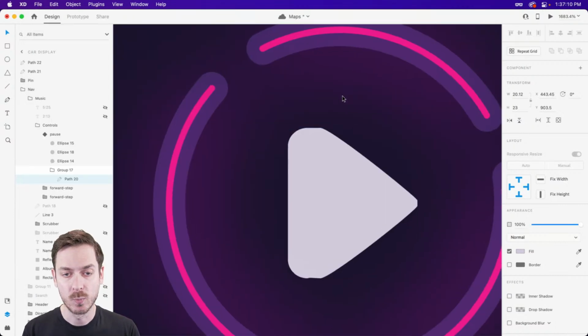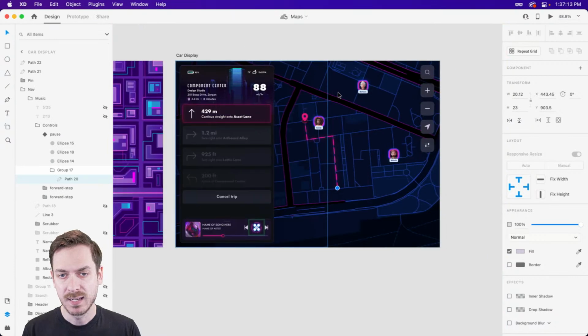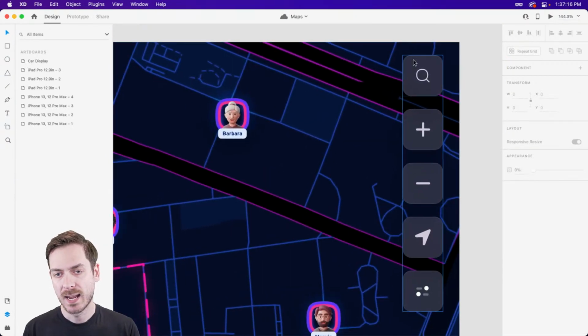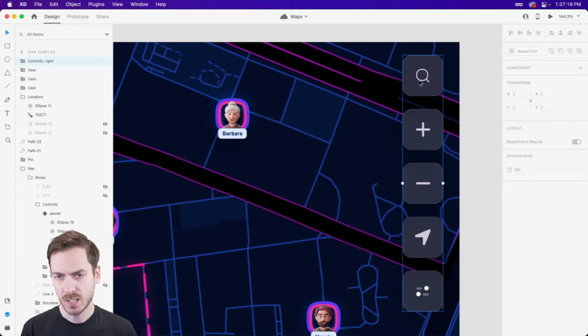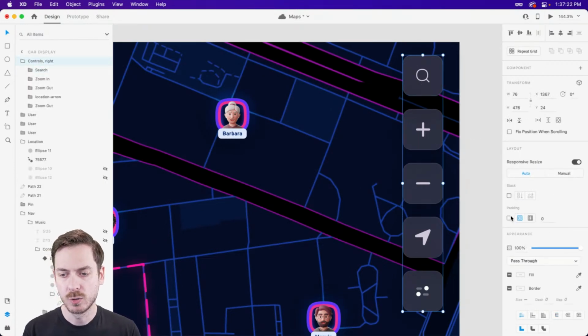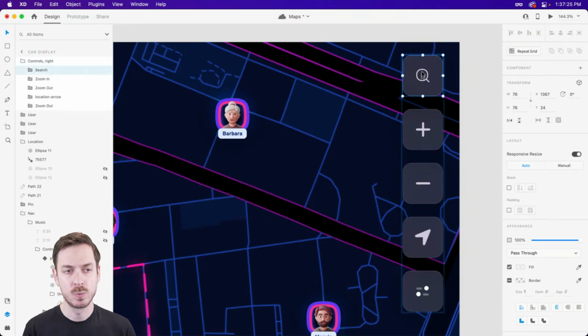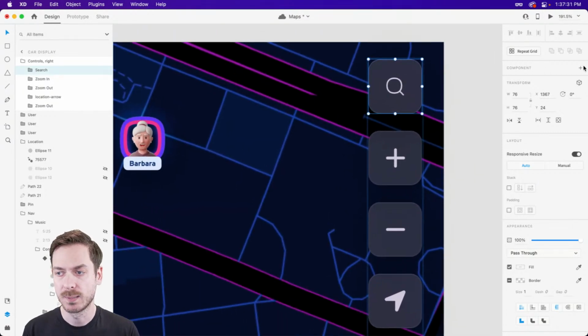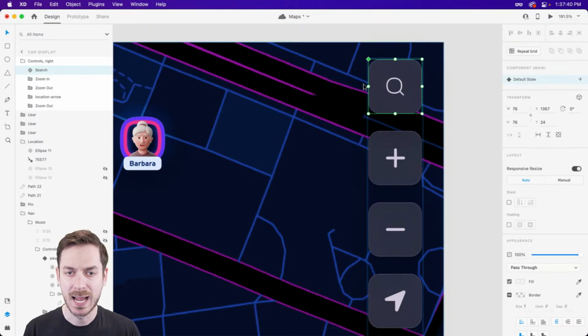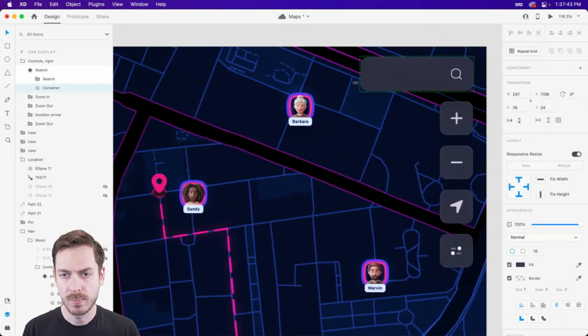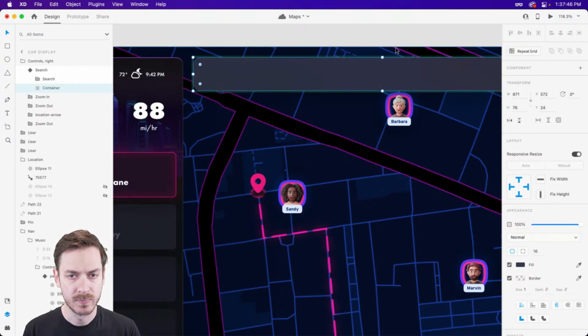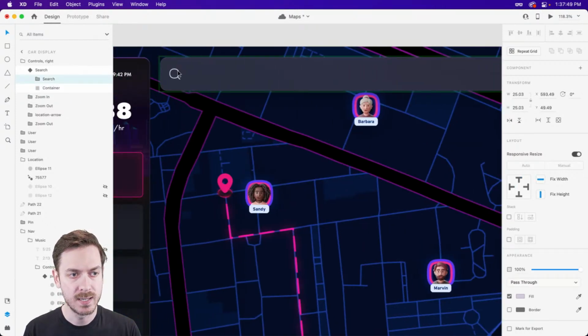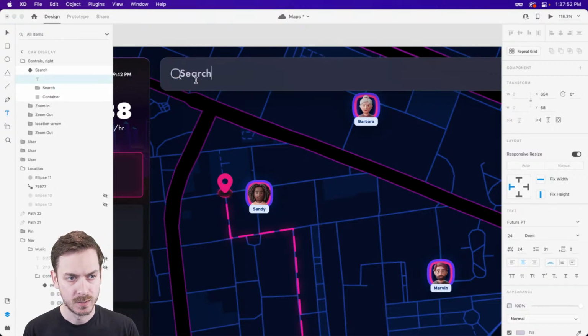Anyway, speaking of transforming, one other thing we can do on this particular screen is right here at the top right-hand corner, we have a search icon, right? But we might want to have this expand into a larger search field. So let's do that. Now, I'm going to go ahead and create a component from this, but we're going to make a few changes to the default state, which will help us in our next state. So I'm going to create a component, and ideally what would happen is this would go all the way out to here possibly, and the icon would go all the way over here, and then it would say something like search